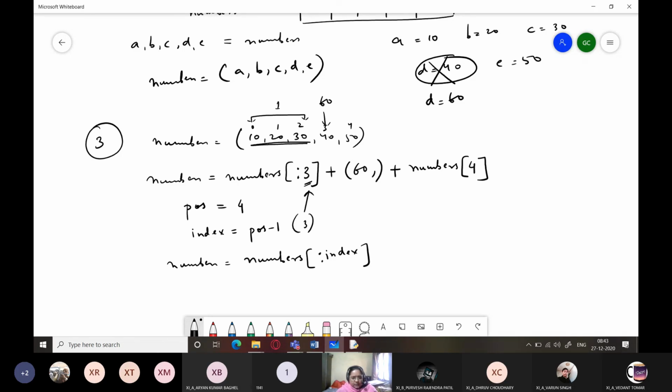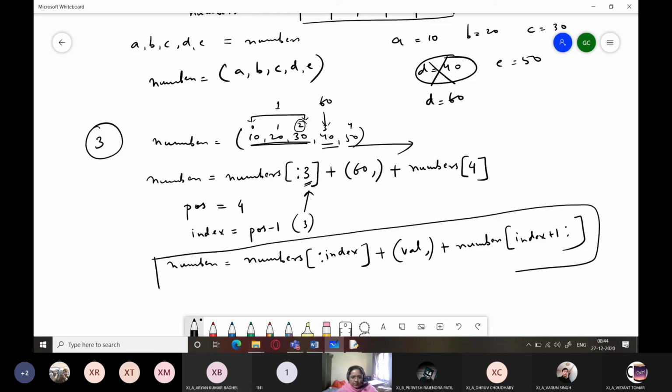So I'll write index over here, so it will accept values till index - 1, plus whatever value you have to change, that is (val,) plus numbers. Now I'll be starting the value from which position? Index + 1, because the value at index had to be changed. Okay, so rest, now there could be more elements after this, so that will be index + 1 till the end of the tuple. So this I'm going to write programmatically.